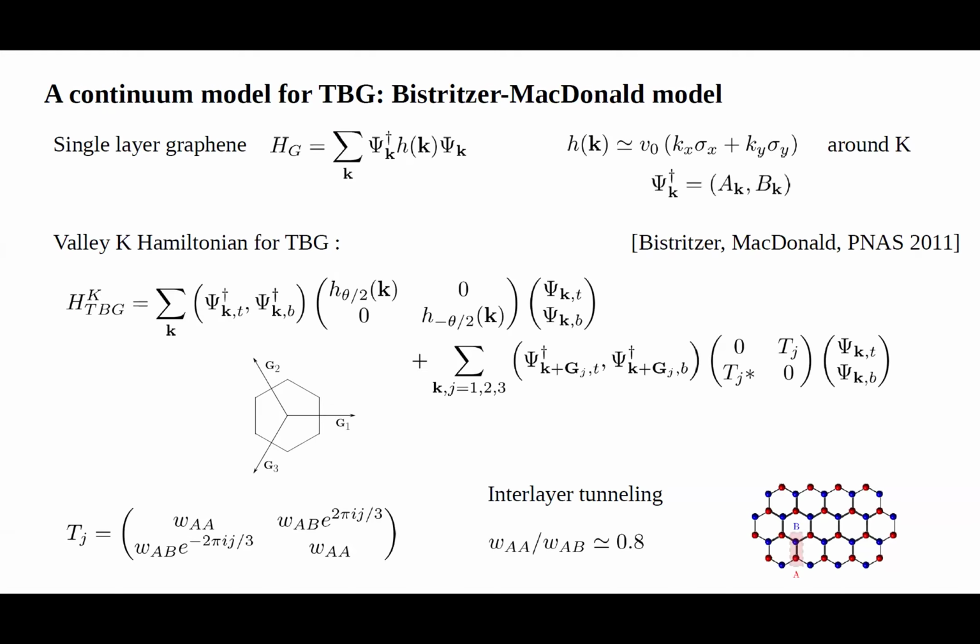Right, so this model was, as I mentioned before, used to predict the emergence of magic angles where you had flat bands, but these flat bands were found with a zero Fermi velocity. I think there was an addition to this work that came much later on by Tarnopolsky and collaborators of finding what was the true origin of the magic angles. And to understand that,